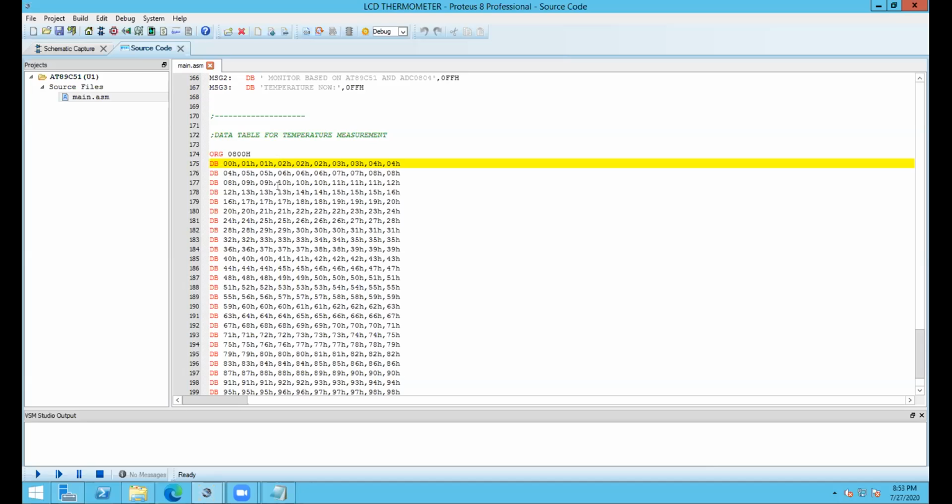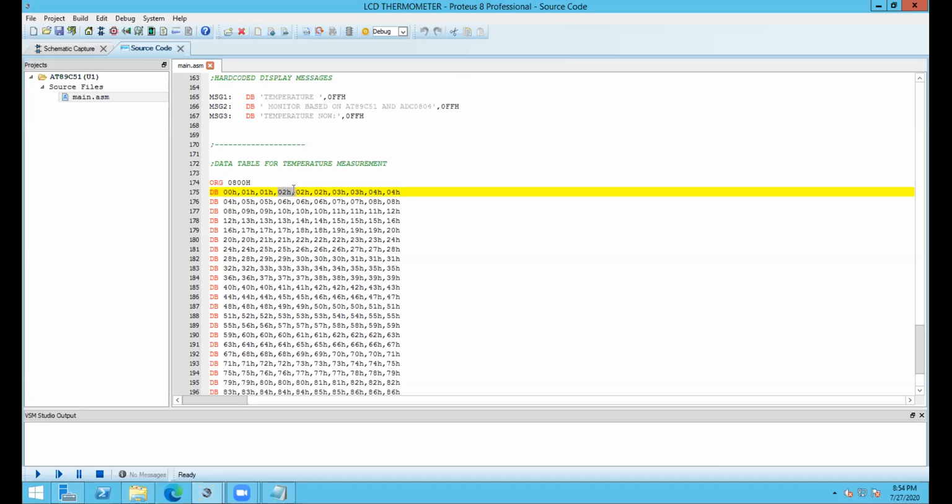So just for this program, what we see, if we have 0803 hex in the data pointer, it will load this part, 02 hex, here. That is actually deviating. You will see while I run the simulation, whenever the temperature is 1, it will actually show 2, because that is the mistake done here. It has to be 00 hex, 00 hex, 01 hex, then 01 hex again, so that it could have been 1. But anyway, let's just focus on the table itself.